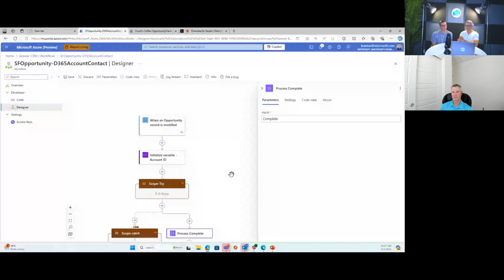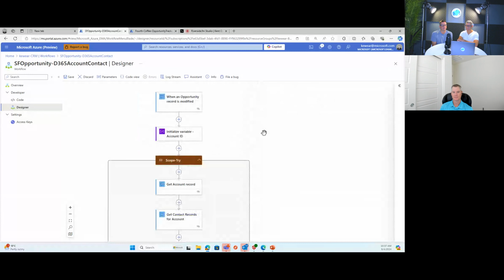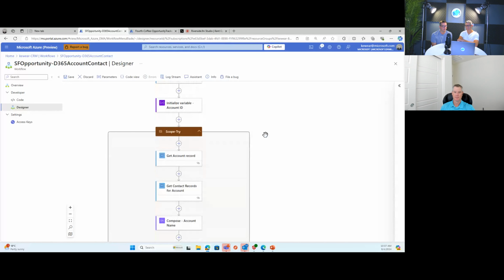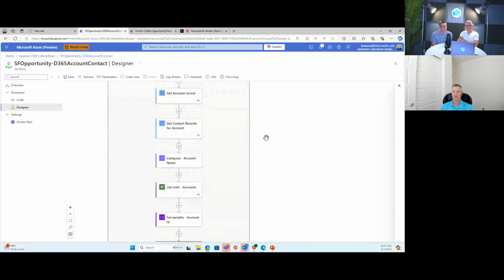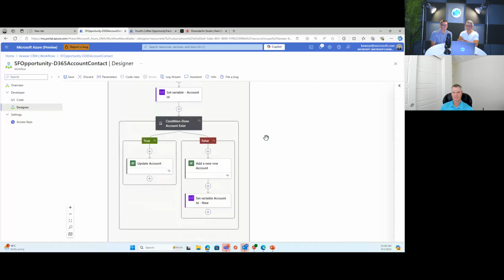So any other questions just around the demo there? No, I think maybe just to highlight a couple things. It looks like you leveraged a couple good connectors. You have the Salesforce connector and the Dataverse connector that support this low-code concept, right? Yeah, absolutely. That's one of the mechanisms that allows you to build these rather quickly. This is something that took me probably about an hour or two to build this whole experience. Yeah, fantastic. Well, we appreciate you building it for us.